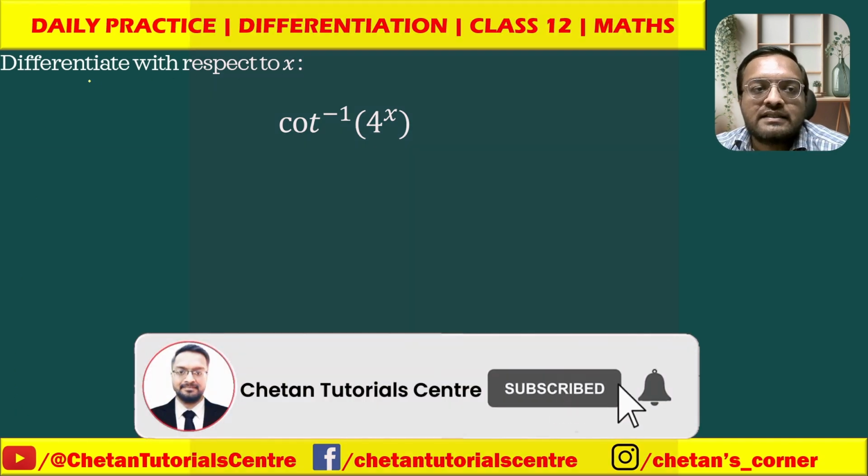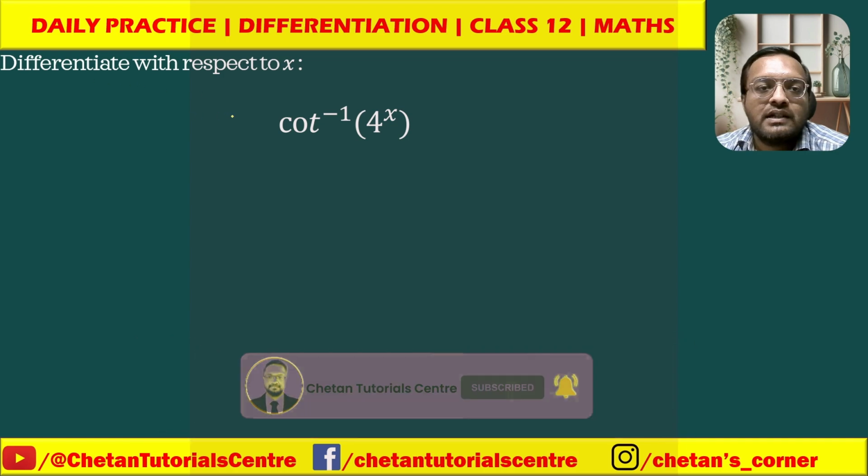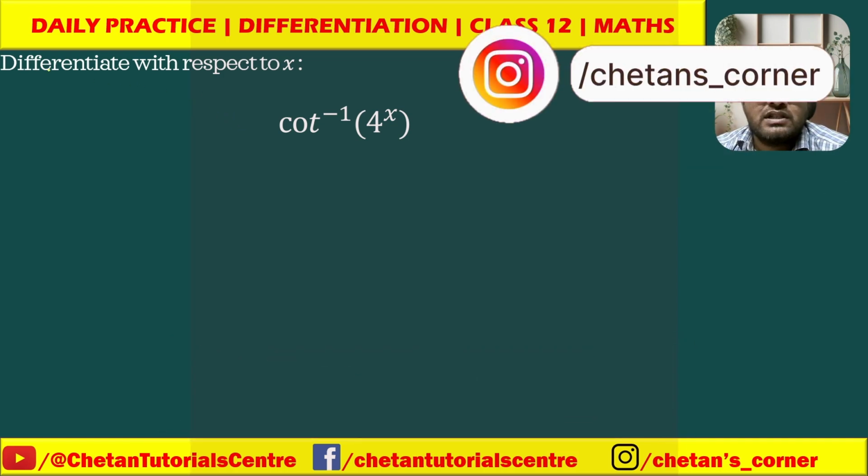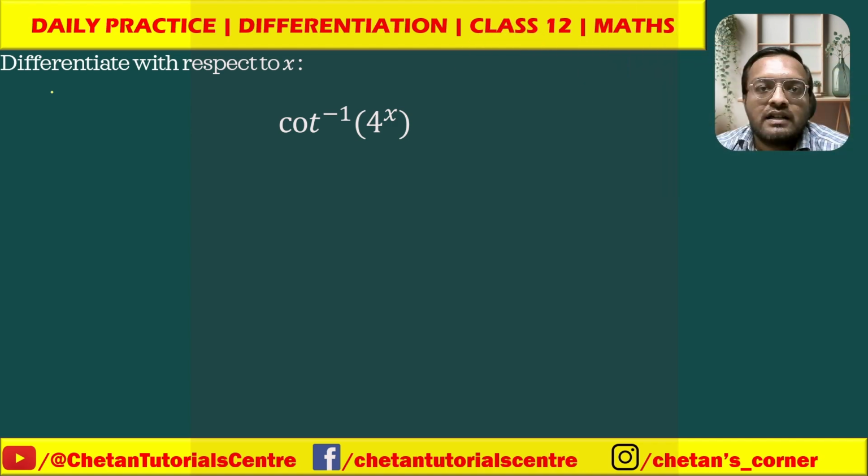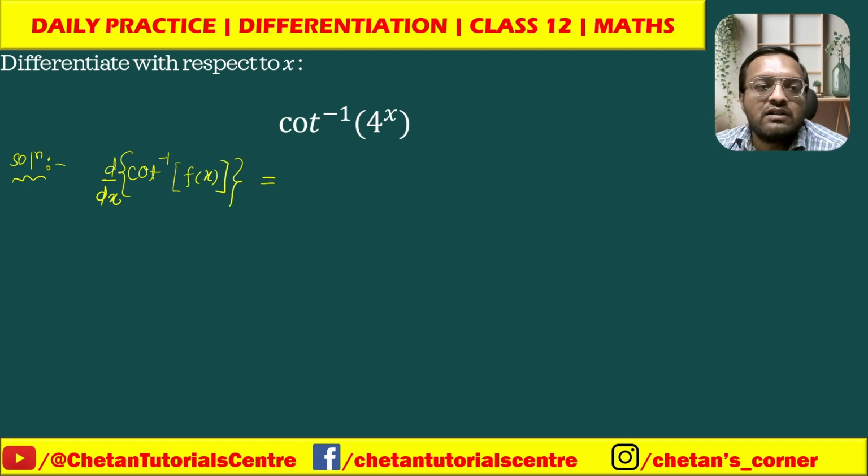Differentiate with respect to x. So we have to differentiate the following inverse trigonometric composite function with respect to x. Now there is a formula to differentiate this type of functions. What is that standard formula? To differentiate inverse trigonometric composite function of cot inverse with respect to x is cot inverse of f of x, the derivative of